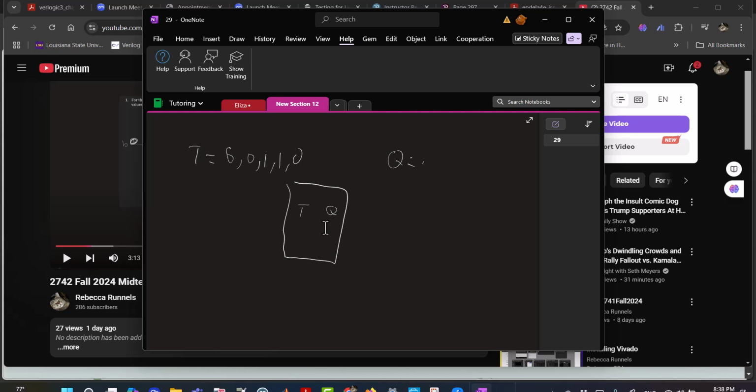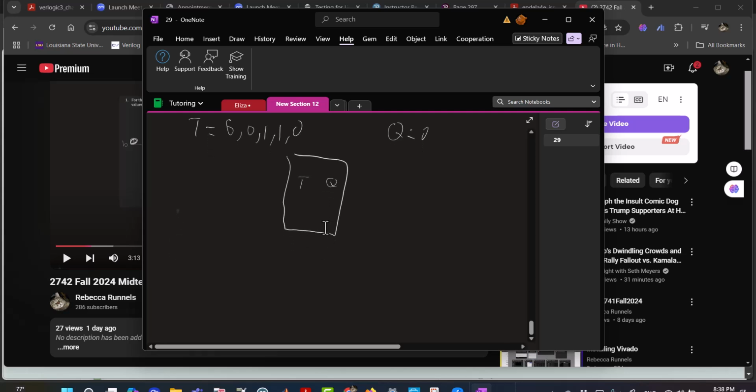So Q is initially 0. And I want to know what are my values on each successive entry. So when I start, I have Q equals 0,